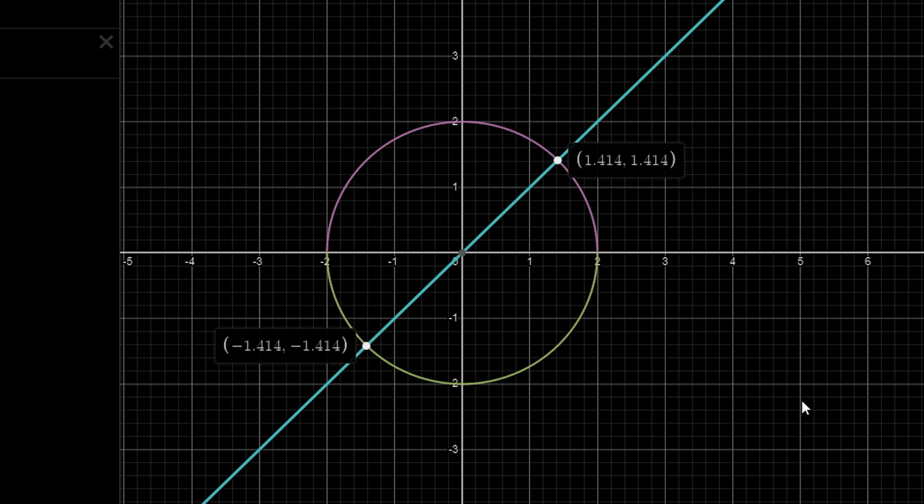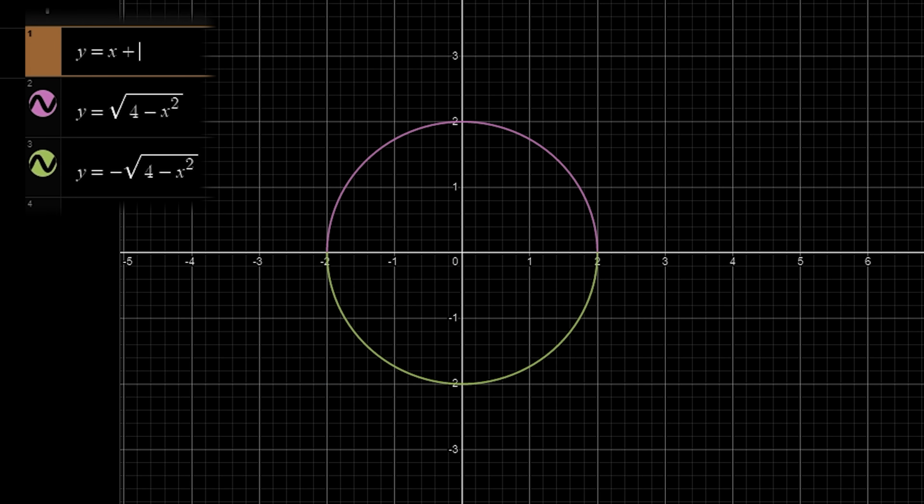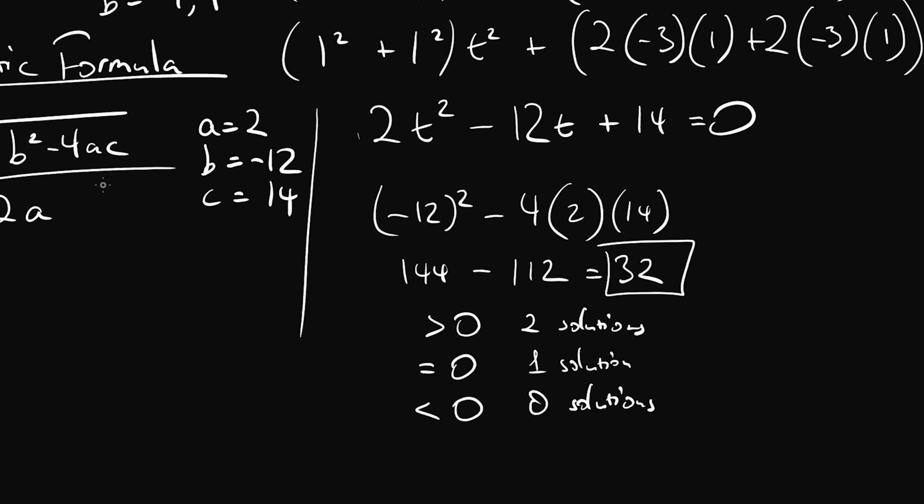Now, if the line was somewhere else, so if, for example, we had it like plus 4 or something, we would expect that there would be no solutions because it doesn't hit at all. And if it was extremely close and grazing it like that, but even closer, we'd have 1 solution because it would be like a tangent to that circle. So that's pretty cool because now you can see whether or not our ray hits our sphere or our circle.